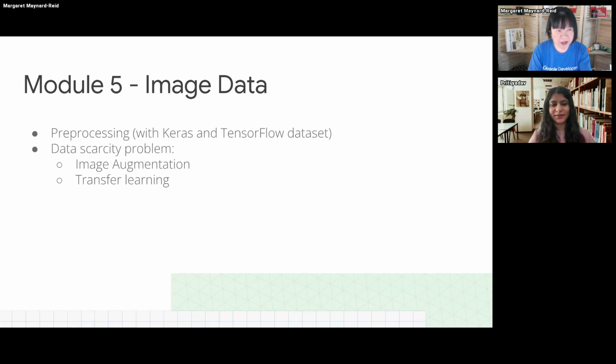And then Module 5 talks about image data pre-processing with Keras and TensorFlow datasets. If you start learning about the life cycle, to train a model, first you do pre-processing of image data. Earlier, the early module was talking about an image classifier using the 5-flowers dataset.